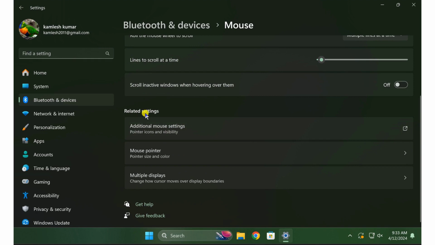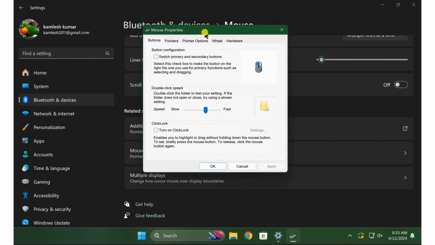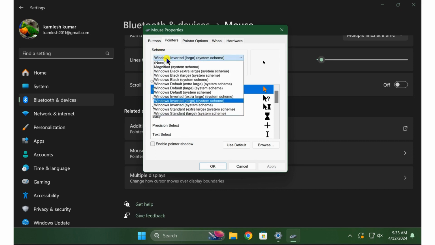Now under related settings, click on this additional mouse settings option. This will open the mouse properties window. Here switch to this pointers tab, and now under scheme, select a